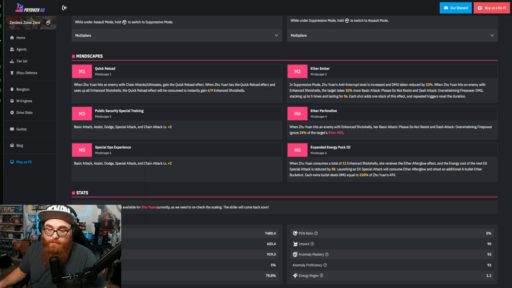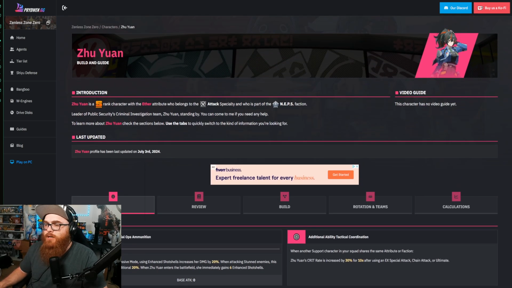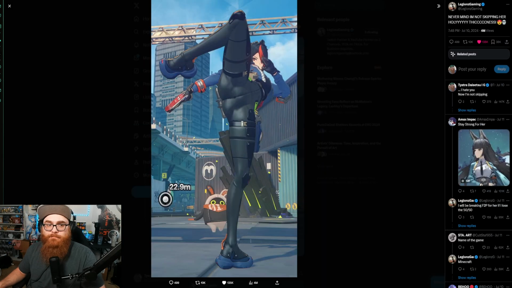I'm very tired. I just got back from work. But yeah, Zhu Yuan seems okay. I don't think she's going to be breaking a lot of records, or I could be wrong. Like, I'm going to test her myself. But the main reason why I'm summoning for her...